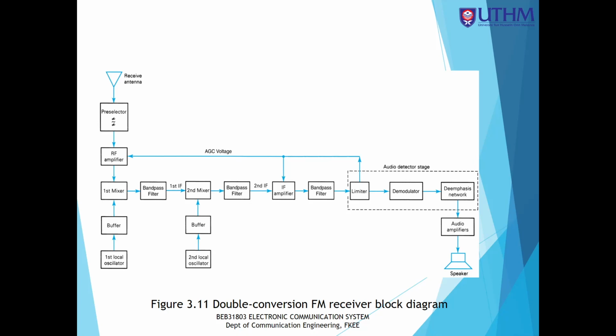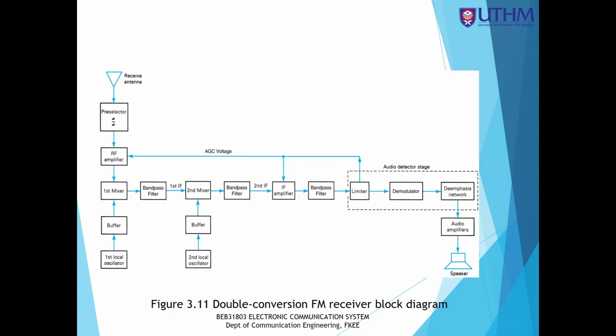intermediate frequency. But for FM, we cannot do it like that because the frequency of the FM band is higher, which is between 88 megahertz until 108 megahertz. So the frequency is in the mega range, which is very high. So what we need to do is down conversion two times. That means the receiver needs to have two mixer converters to do the down conversion twice. Okay, so as I mentioned earlier last week,